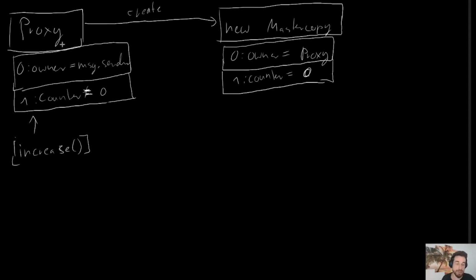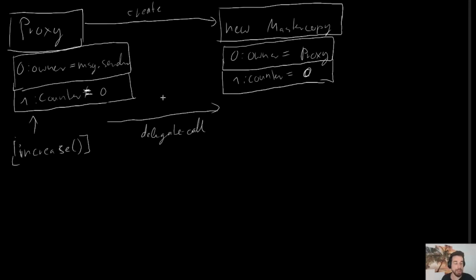This triggers the fallback function because the proxy itself doesn't have any other function called increase. It then looks up in the implementations mapping, okay, which address do we have stored for the increase function signature, and it then finds the address of the master copy, and it then makes a delegate call